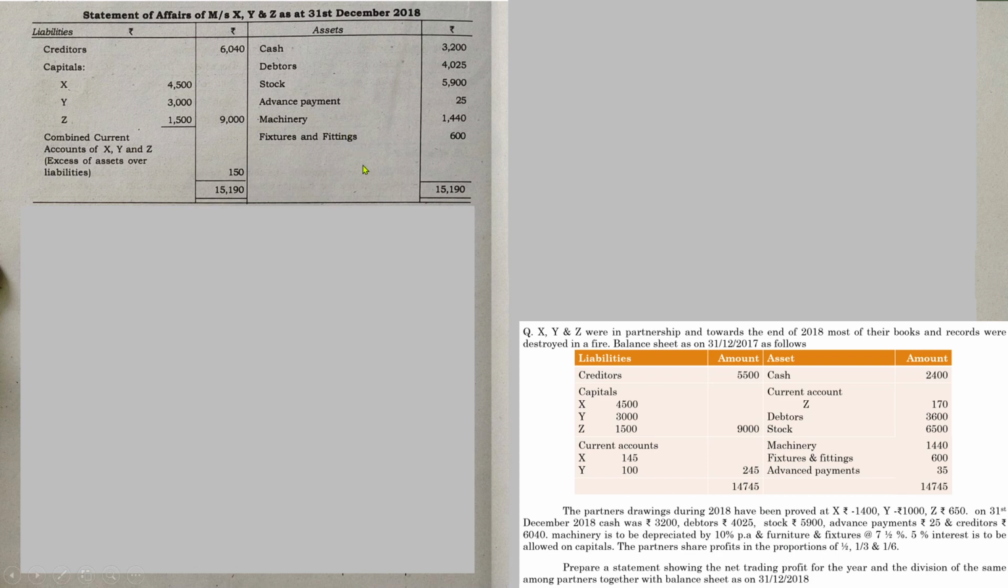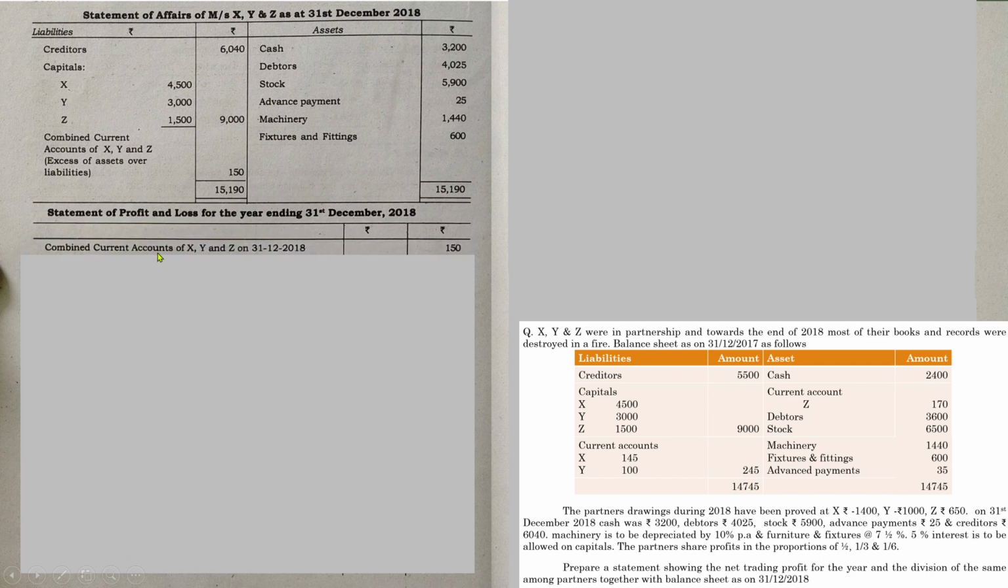Once the statement of affairs has been prepared, because the opening capital details are already given, now we have the details of the closing capital also. Now let us prepare the statement of profit or loss during the period. We will begin with closing capitals. So the combined capitals of X, Y, Z as per the closing statement is 150. We have found that the difference between the assets and liabilities as per the statement of affairs is 150. To that you have to add drawings during the year,